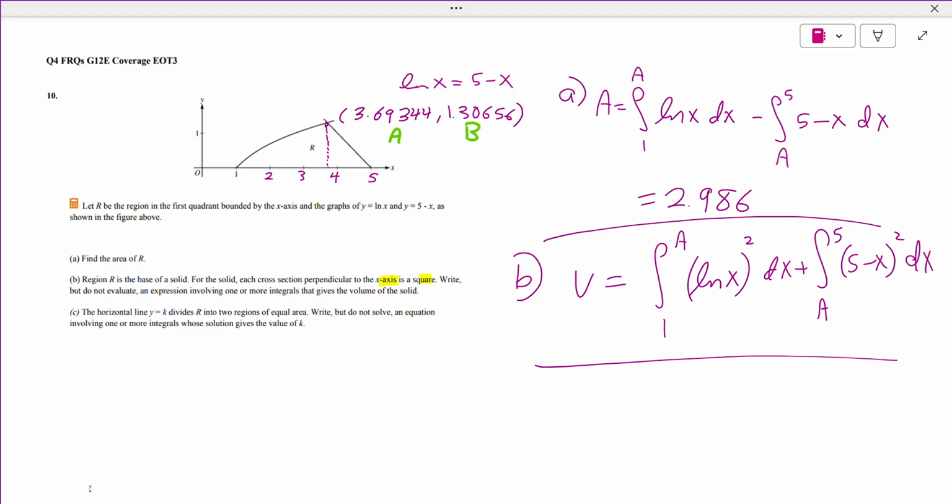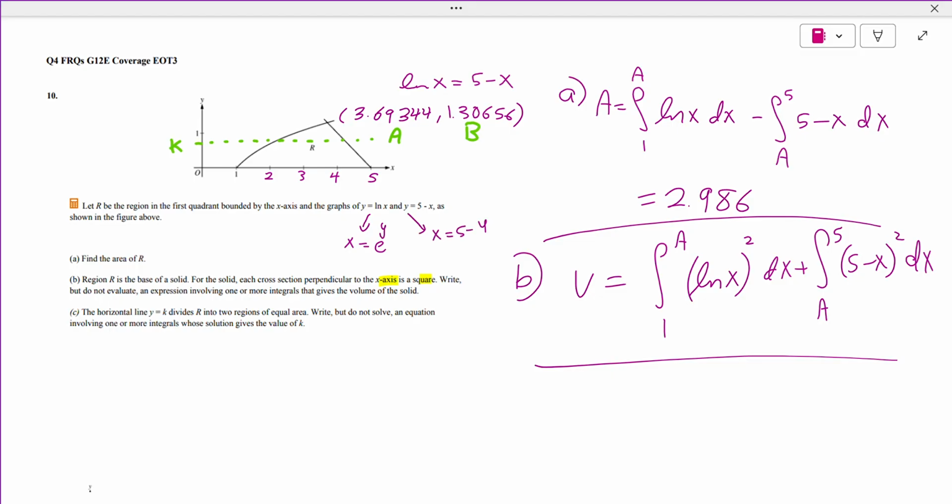Now there is also part C. It says the horizontal line y equals k. There is a horizontal line y equals k, that's somewhere here. It divides R into two regions of equal area, but do not solve an equation involving one or more integrals whose solution gives the value of k. So in this case, we need to isolate x on both. So here x will be e to the power of y, and here x will be